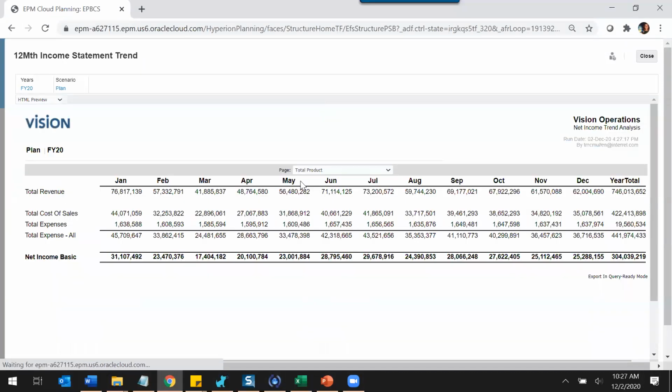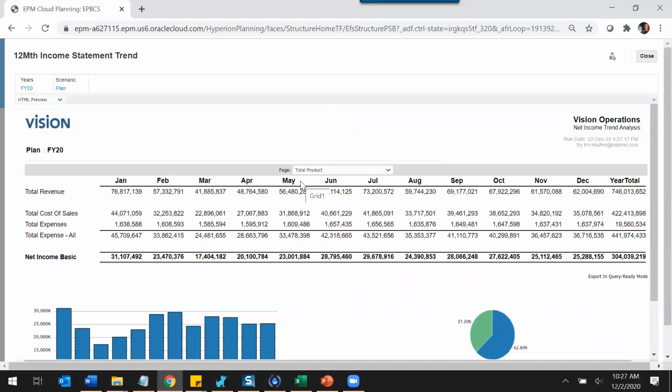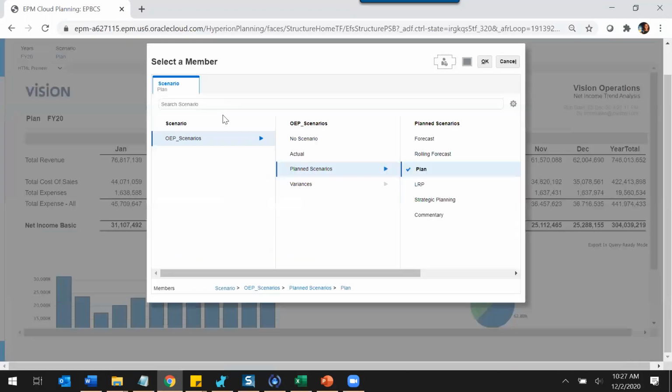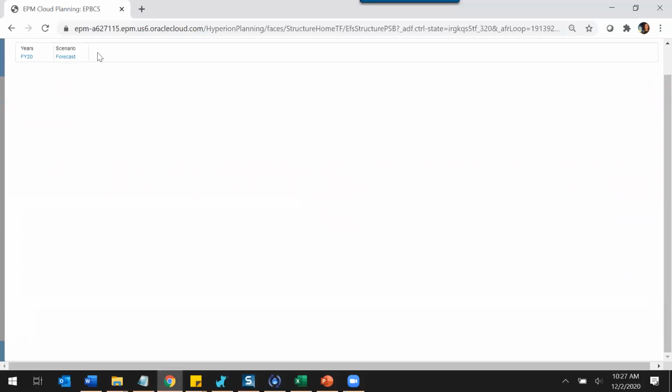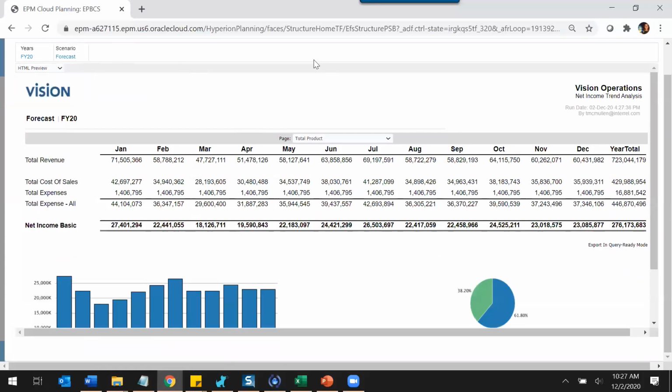Users can run these nicely formatted reports, and they can access them both in HTML mode or in a PDF, right? And they can actually change this. If you wanted to export it to Excel, you can do that as well. And if you wanted to say, well, no, I actually want to run this report for forecast, you're using that same point of view concept. Whether it's a form, a nicely formatted report, or a dashboard, you want these to be dynamic. Based on the user security and what they select, you're not having to create 100 different reports. You maybe have like 20 core reports, and then they can select the entity